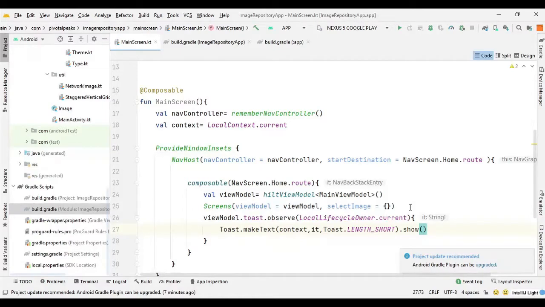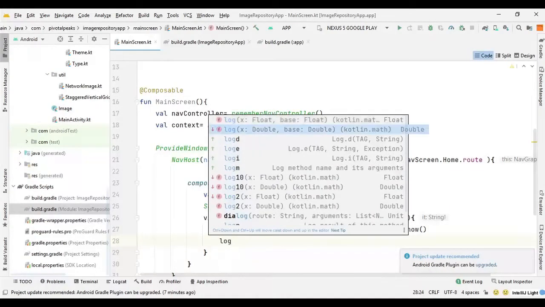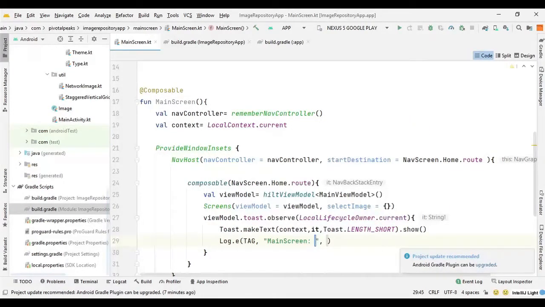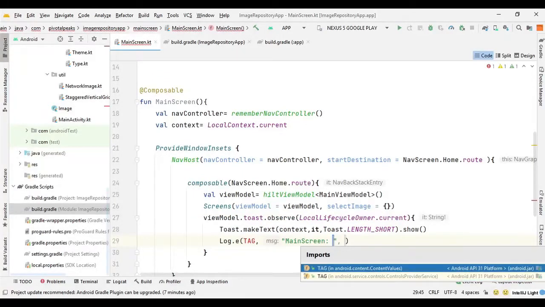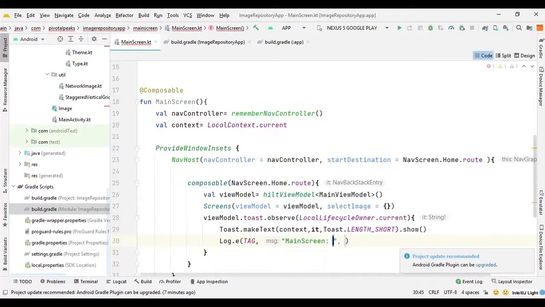And then we can create a log. So we can logcat the error as well. So we will just say Log.e, and here we need to import the tag. So let's import the constant value TAG, and here we can say MainScreen, and we can pass the it.